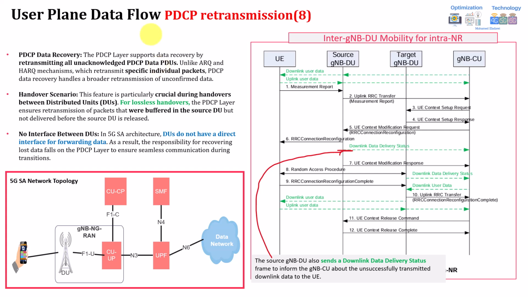It's unlike, as I mentioned, the automatic repeat request and the HARQ mechanism, because both of them support retransmission for a specific lost packet, while this one will directly retransmit all the packets, and this is needed for lossless handover, because again this supports the handover scenario. And this was the last function of today's session.